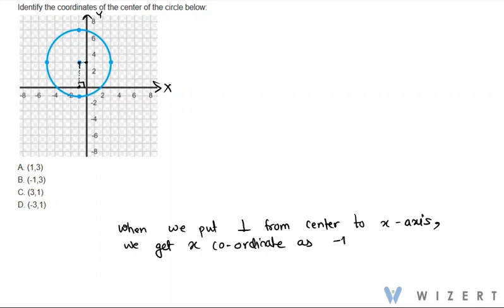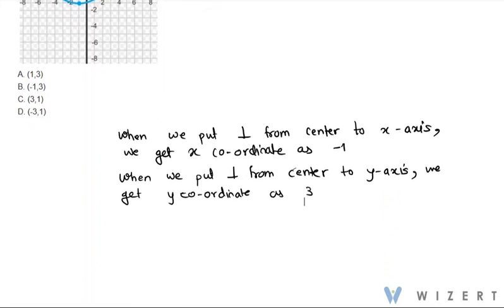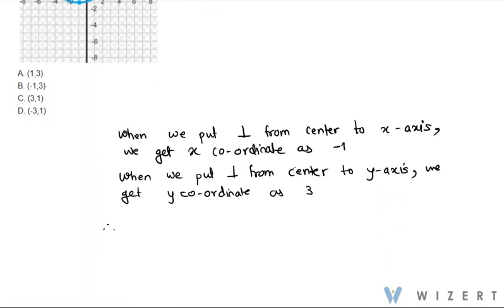between 2 and 4. So exactly in between 2 and 4, so that is 3. When we put perpendicular from center to y-axis, we get y coordinate as 3. So as a whole, coordinates of that particular center, therefore